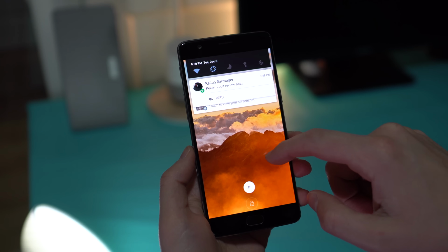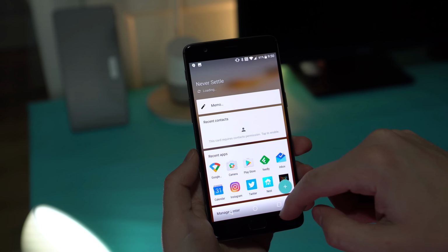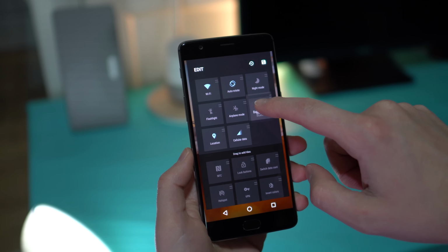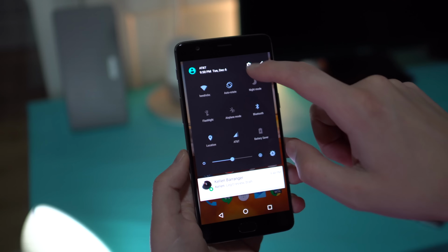So this is Marshmallow, but it's souped up Marshmallow. You get OnePlus's custom launcher with its shelf add-on, which is sort of a similar take on Google's Google Now. You get a mostly stock notification shade with the option to customize tiles. You get the choice of capacitive or software navigation buttons. You get a night mode, gestures on the lock screen for launching things like the camera, flashlight, and even a